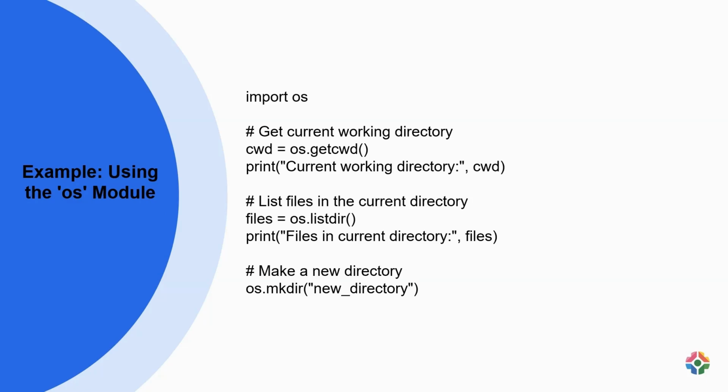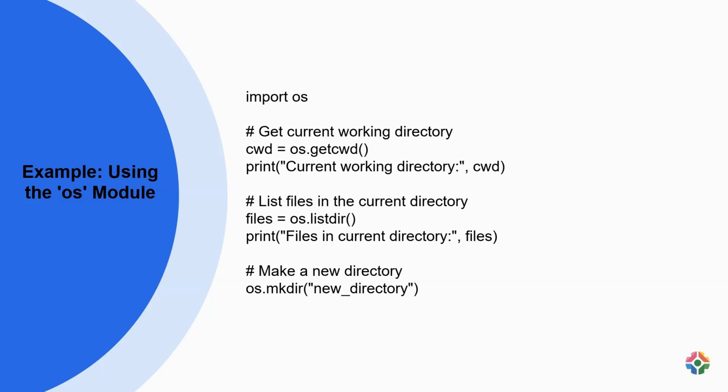To utilize the OS module in Python for file system operations, you import the OS module. To retrieve the current working directory, you use os.getcwd. To list files in the current directory, you employ os.listdir. To create a new directory, you use os.mkdir new_directory. For example, after running the above commands, the cwd variable will store the current working directory. Files will store a list of files in the directory, and a new directory named new_directory will be created in